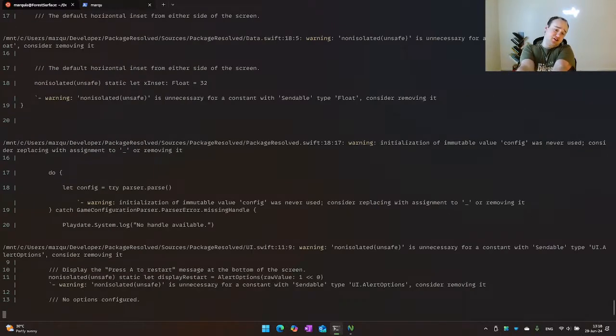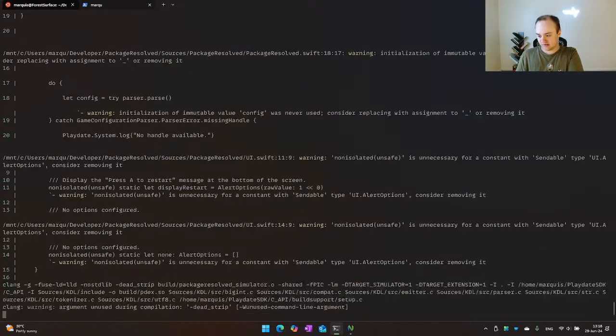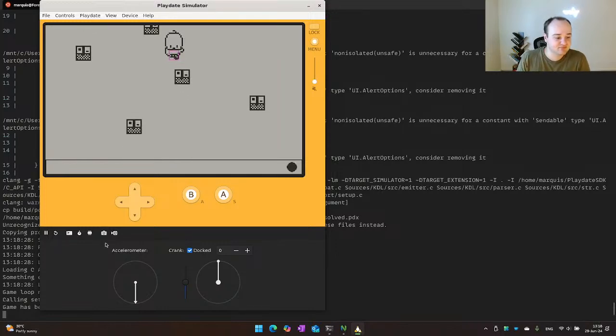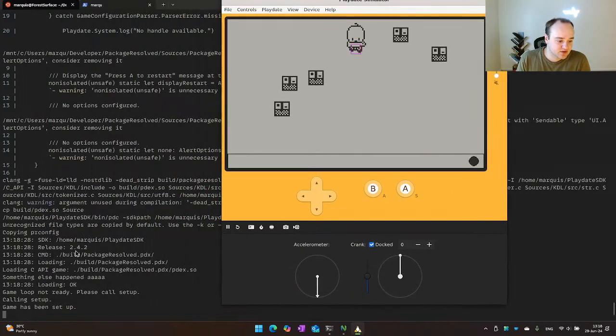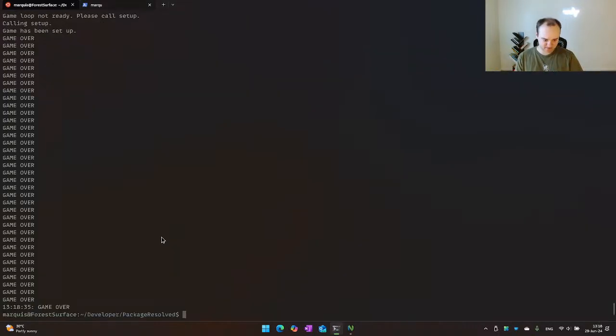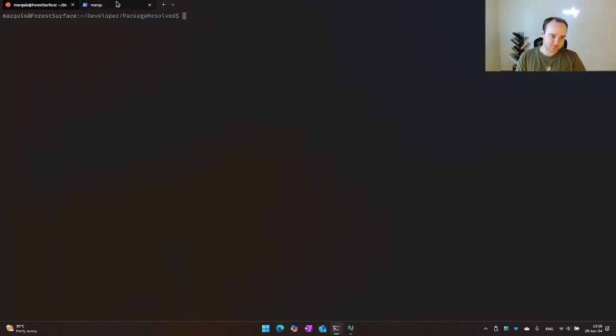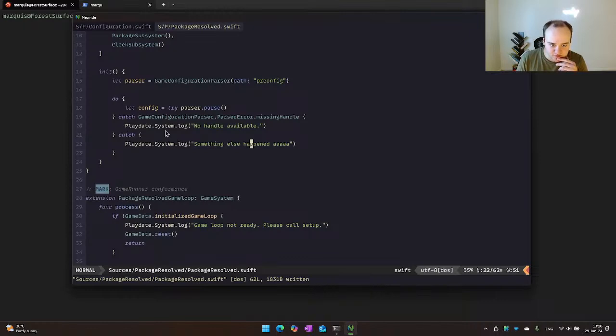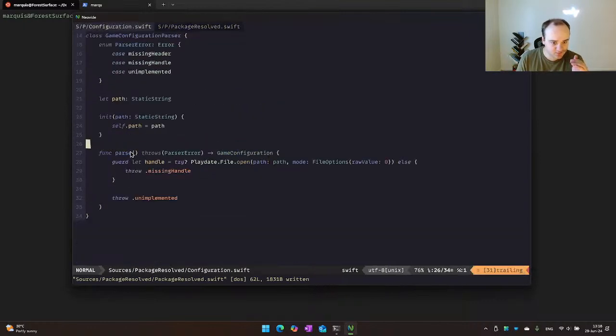Maybe it's just PR-config instead of source PR-config. Sure, raw value is... That's the other thing I'm thinking too. Something else happened. Okay, yep. It was just a bad path. I just find that strange that you just have to do that. Okay, cool. So we've at least confirmed that at this stage, we have our handle.